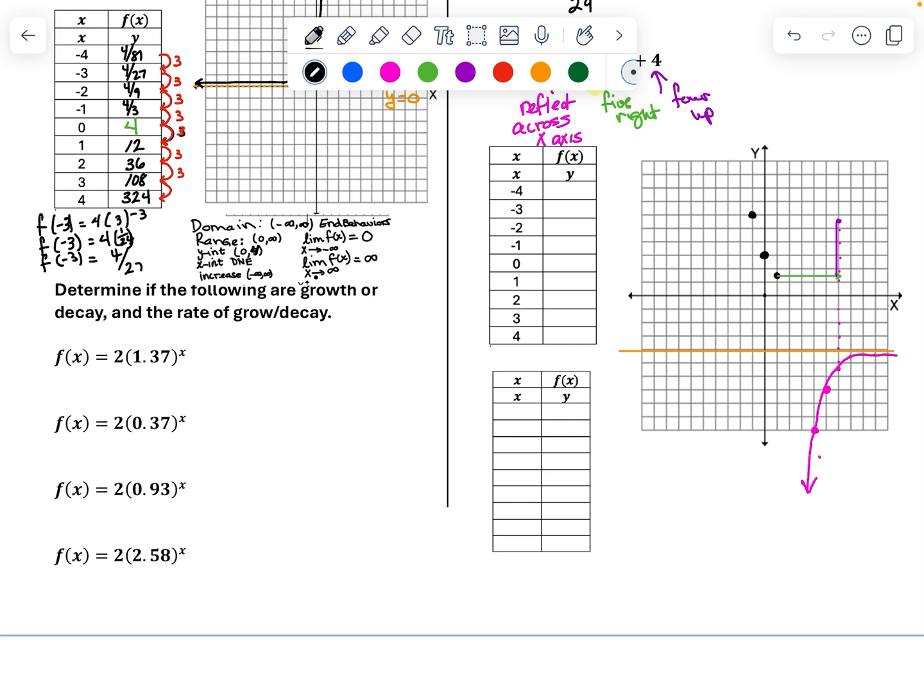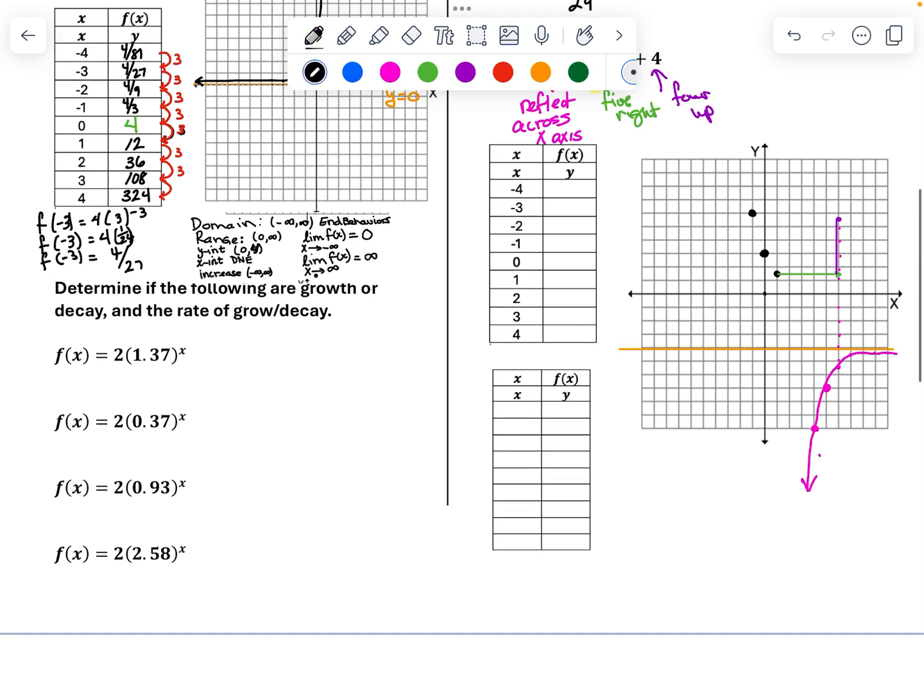So then let's talk about our domain. It is still negative infinity to infinity. But our range now is negative infinity to 4. Our y-intercept